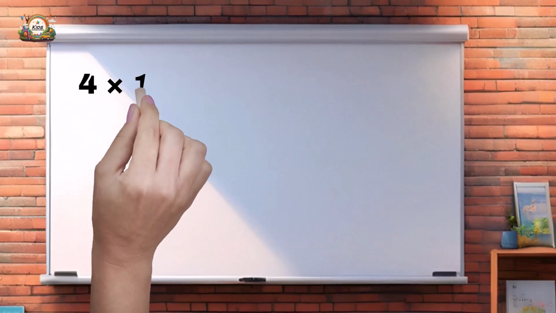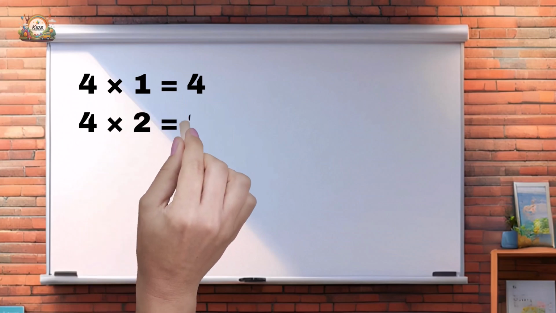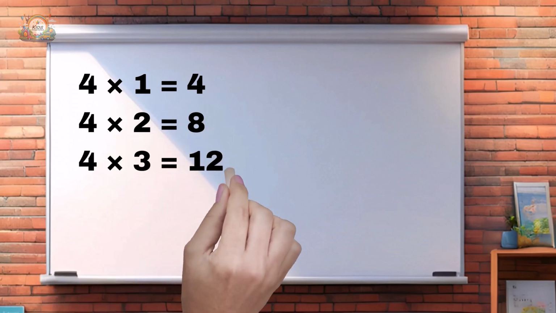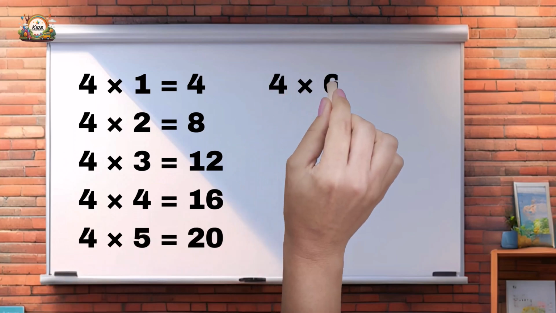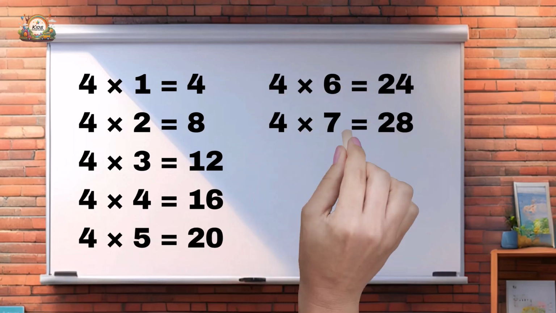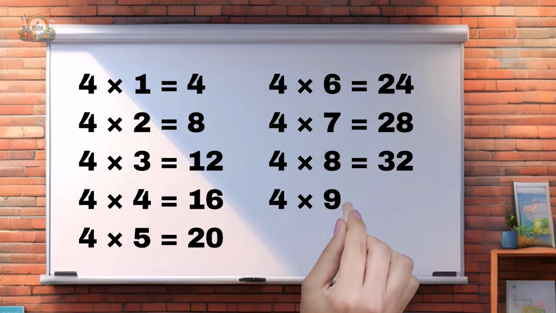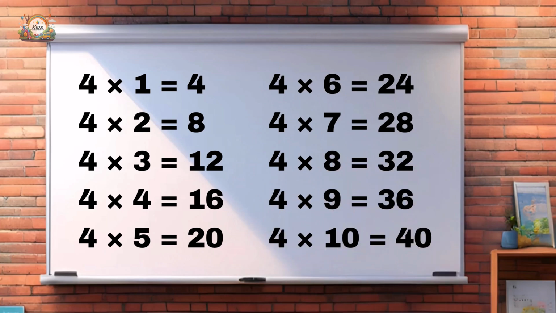4 ones are 4, 4 twos are 8, 4 threes are 12, 4 fours are 16, 4 fives are 20, 4 sixes are 24, 4 sevens are 28, 4 eights are 32, 4 nines are 36, 4 tens are 40,